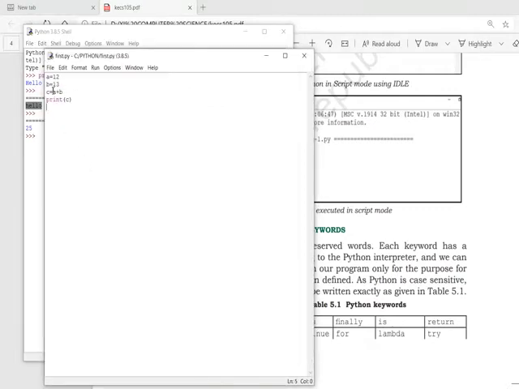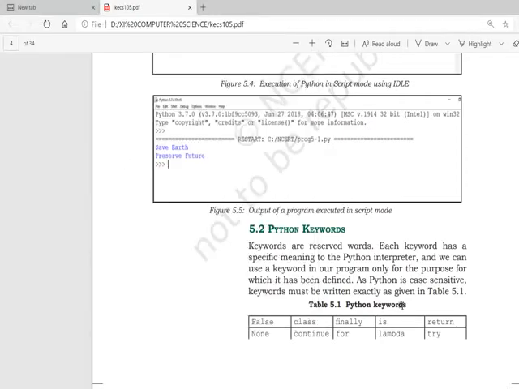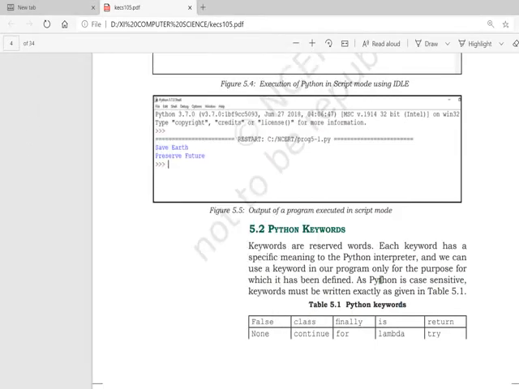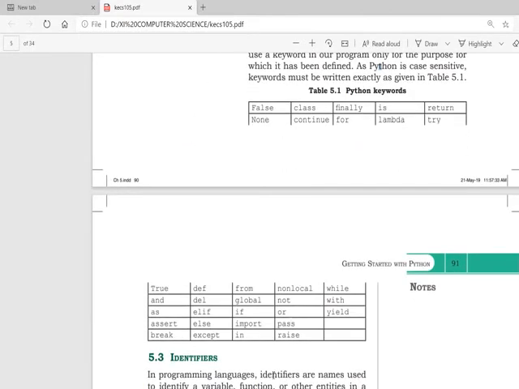I have made the changes in the same file, so when I run it, it will ask for saving the changes, since the source must be saved. I will click OK, and this program will print 25, because it is adding the A and B values. A and B are variables. C is also a variable, which contains the sum of A plus B, and finally through the print function we are printing the value of C.